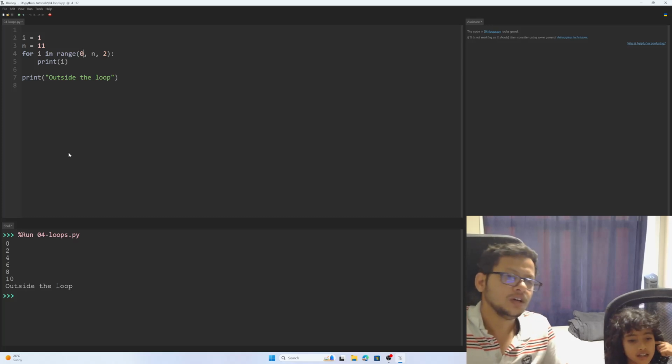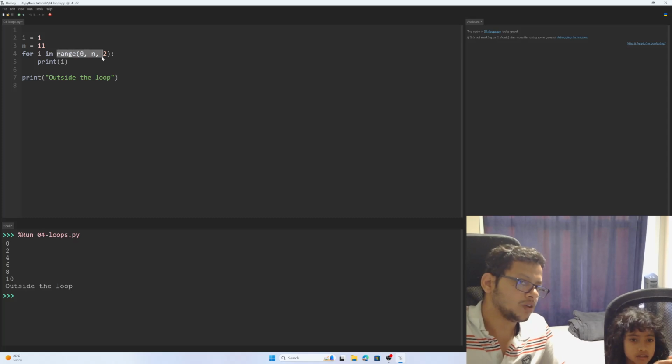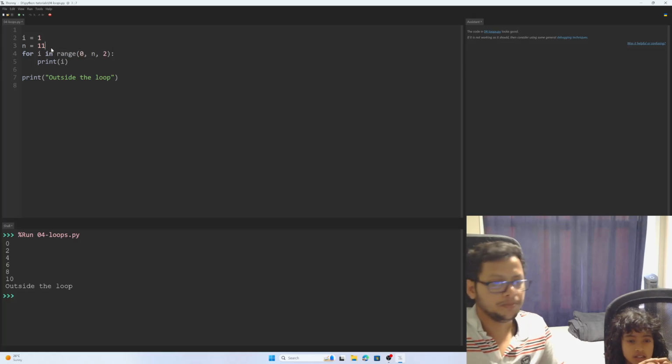Okay, so there is a lot to learn about how the range object works. We're going to learn it later in detail. Now let's make a simple